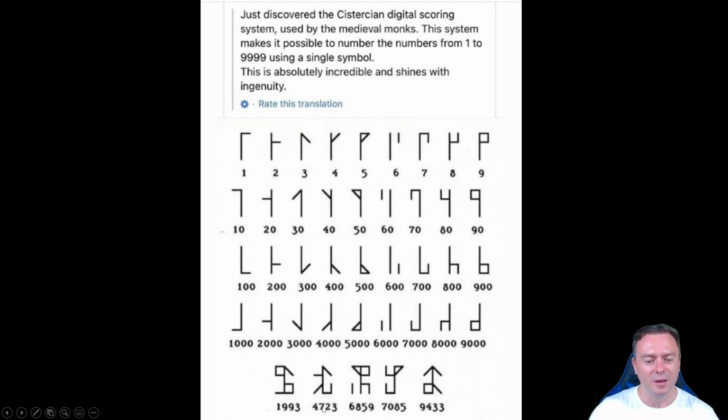So if we look at the number 4,723, the 4,000 is this corner here, so the straight line, which is there. The 700 is up here, which is the open square, so the square with a little roof on it. The 2 for the 20 was here, so that's in the top left, and the 3 was up here. So when you read this number, you actually go from this corner here and then around like so,